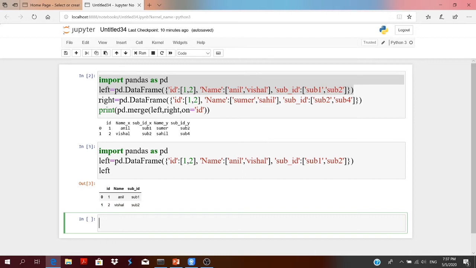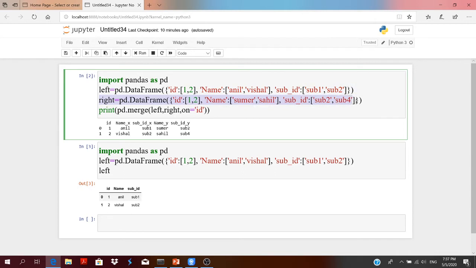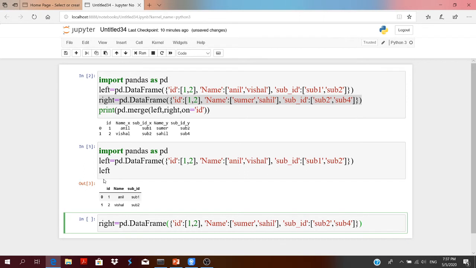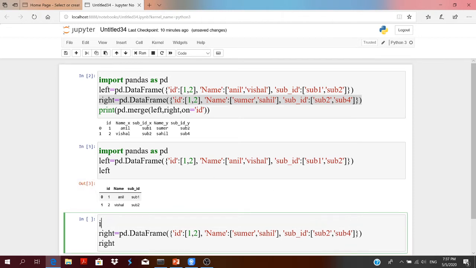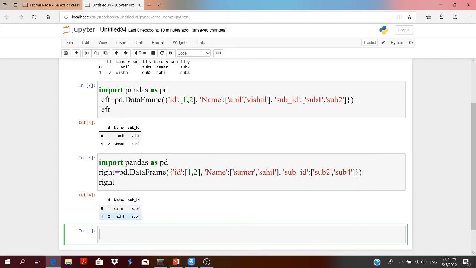Similarly, the data frame right. See here, the right data frame looks like this one.